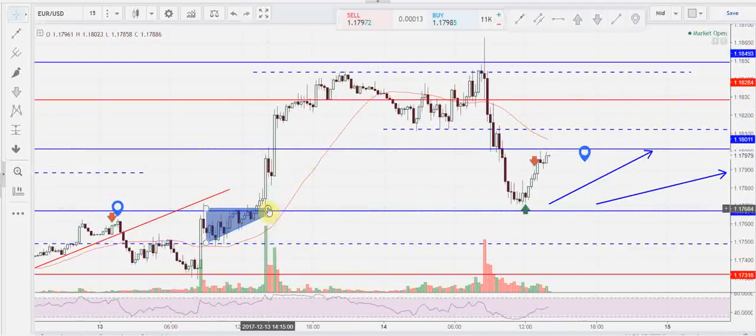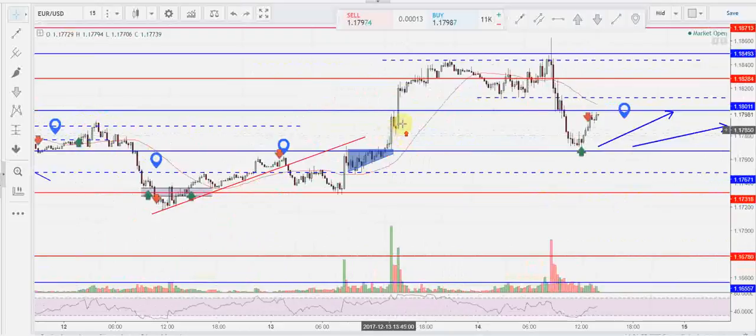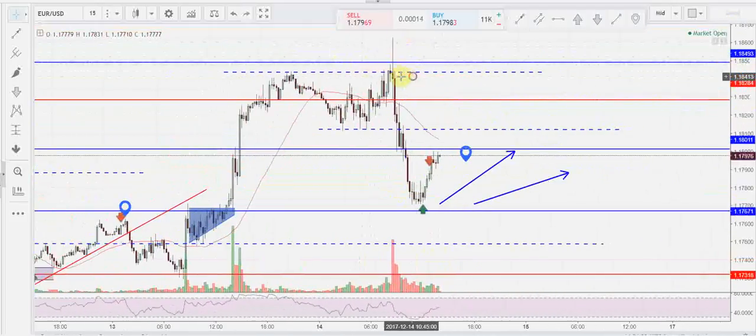Long story short, it was a very strong push up, and really I waited for the market to kind of correct itself a little bit on the 15-minute time frame. It was late at night, so I didn't take any trades, but I was hoping to trade a short trade later on, essentially when I woke up.